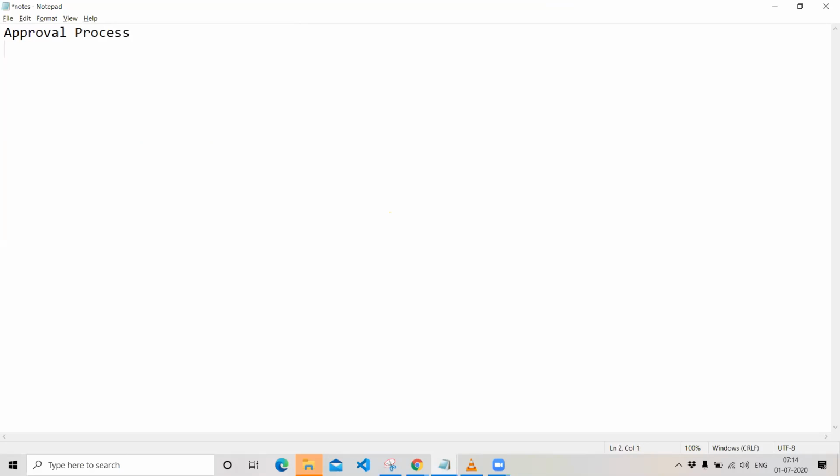Why do we go for the approval process in our daily requirement and in our day-to-day life? Consider workflows. What will workflows do? Workflows will automatically fire an action whenever the record criteria is satisfied. It will check the record criteria, and it will automatically perform the actions on the records without a request from any other persons.